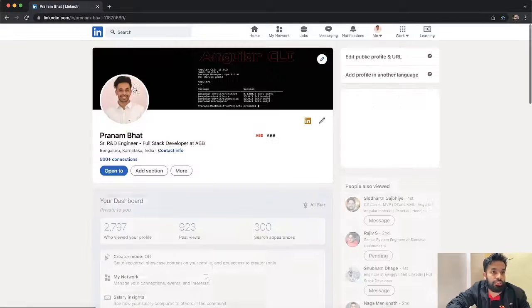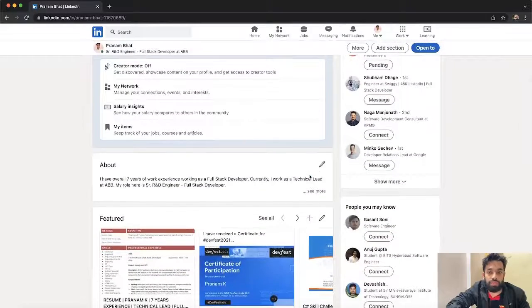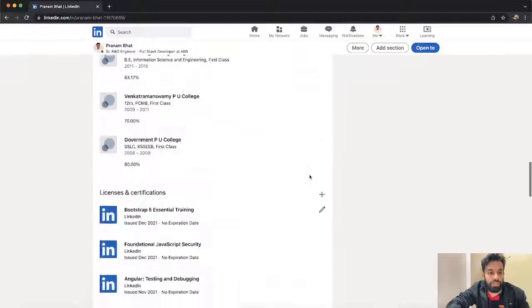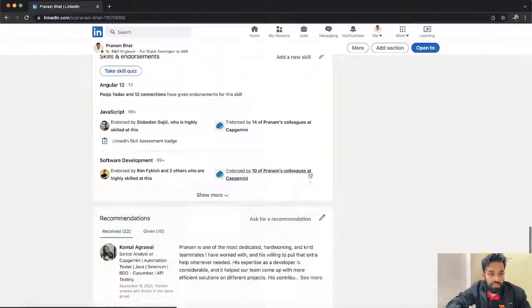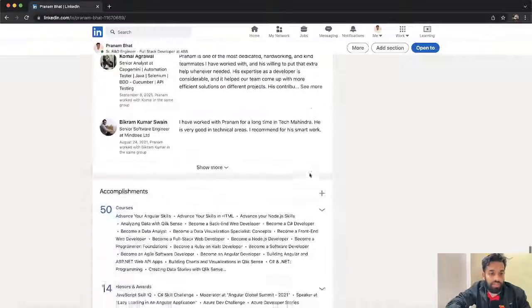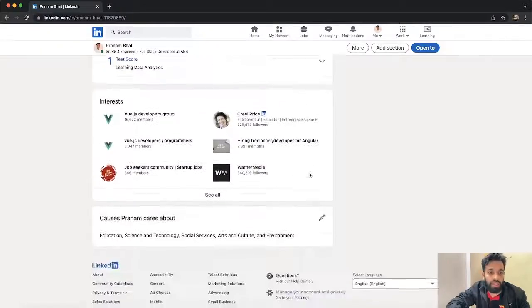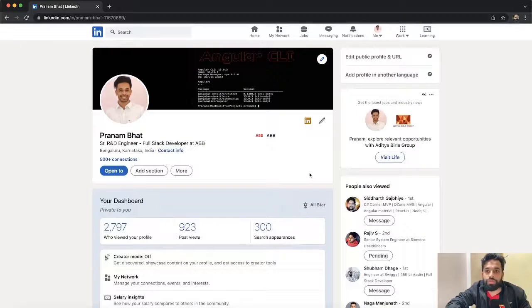This is how visitors are able to see your profile once you fill in all the details, with all the experience, your skills, recommendations, accomplishments, honors and awards, interests, and causes. So this is about how you can make your profile professional on the LinkedIn platform.